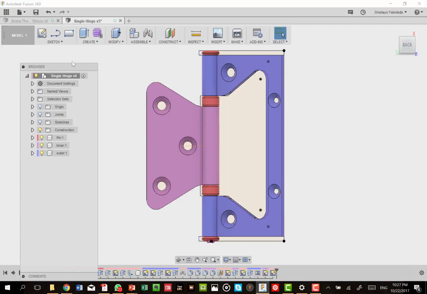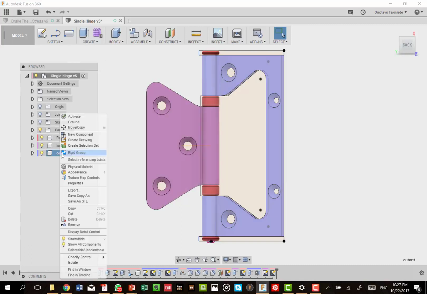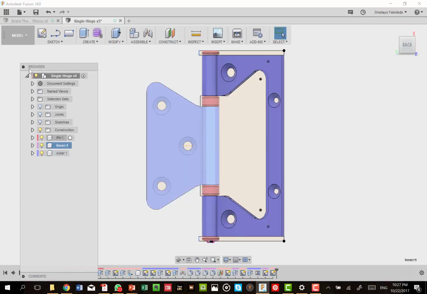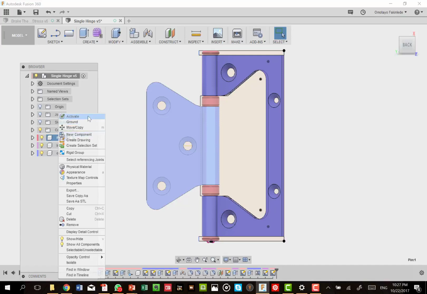But before we do that, let us know that we can still get a lot of design information out of the model workspace. For example, if we take a look at the outer, which is this one, and we right click on it, or we can right click on any one of them, outer, inner, pin, we have a lengthy drop down menu from activate, ground, move, copy.